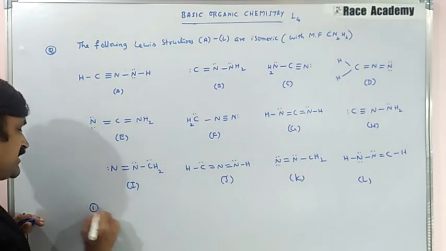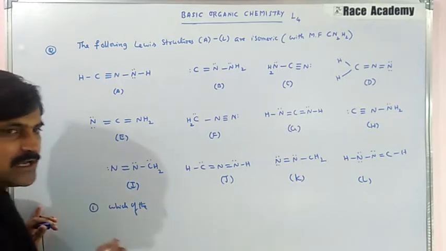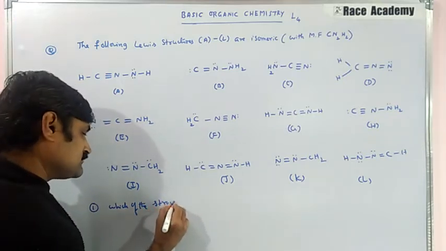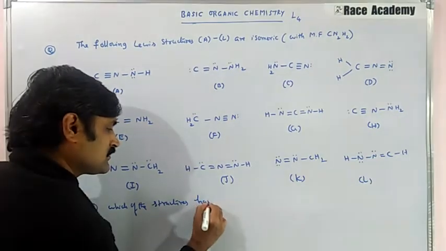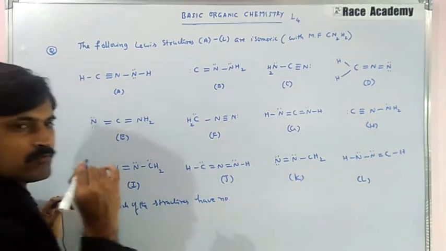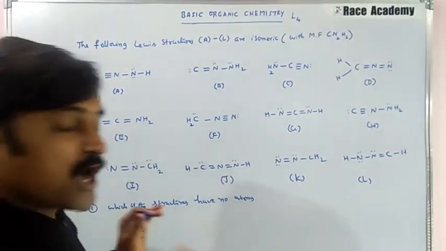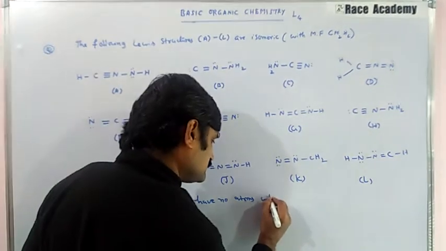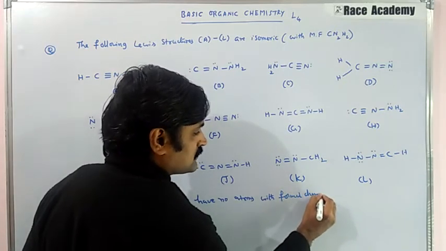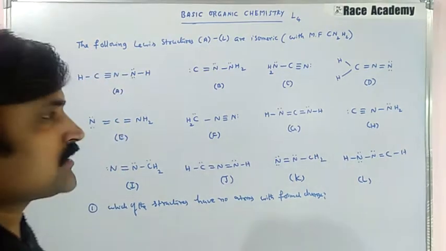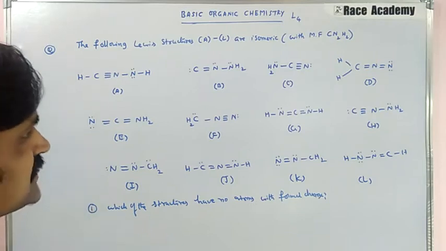The first question is: which of the structures have no atoms with formal charge? If you observe all the structures,